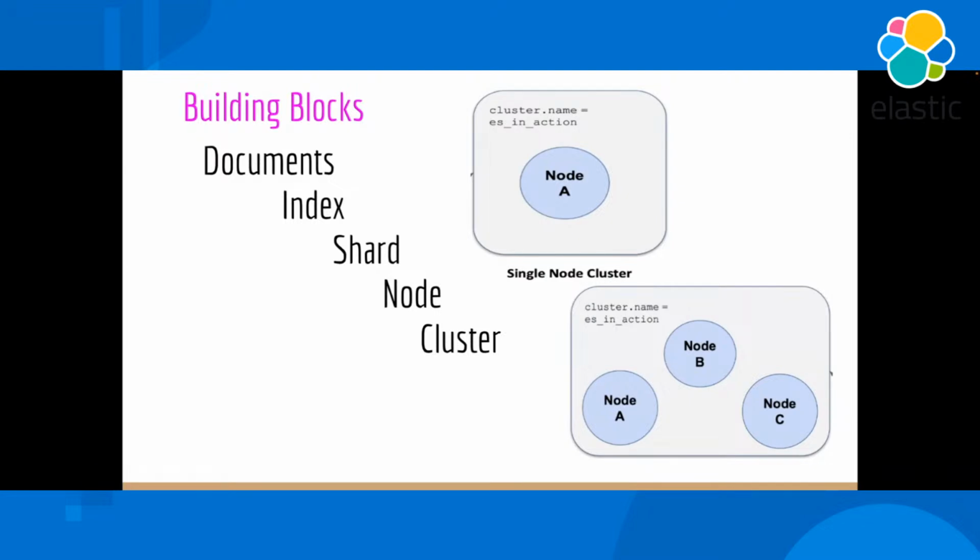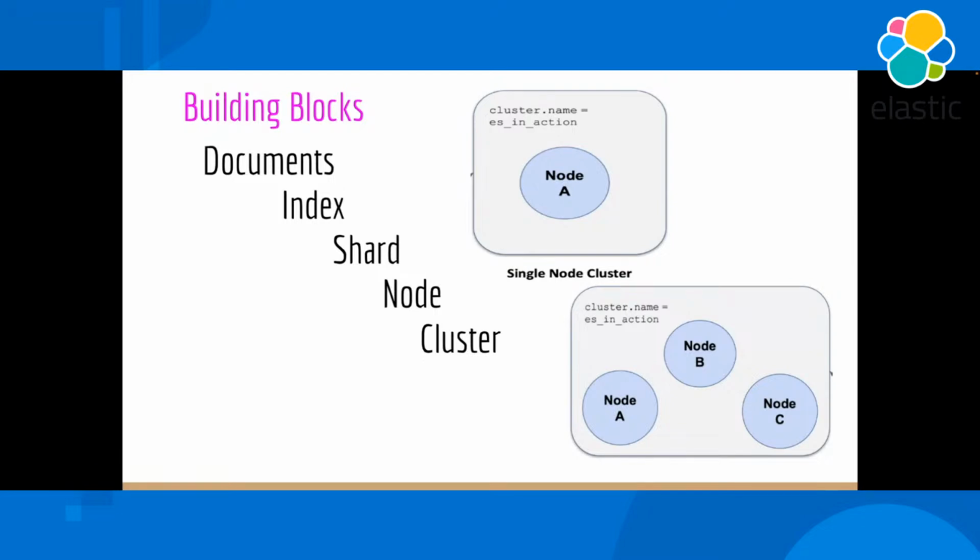However, that is a logical collection, because at the end of the day, an index is going to be composed of some sort of shard. A shard is nothing but a physical instance of Apache Lucene. I'm going to explain that a little later, probably tomorrow, in a little more detail. But ultimately, a shard is a physical instance of Apache Lucene, maintained by an index. For each index you will have multiple shards, maybe one shard, maybe 10 shards, depending upon how you want to distribute your data. And all these shards will host your documents, right?